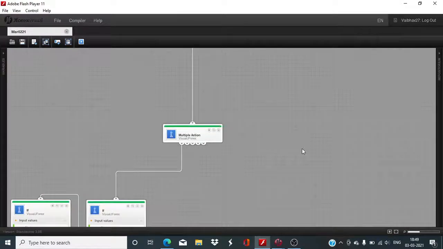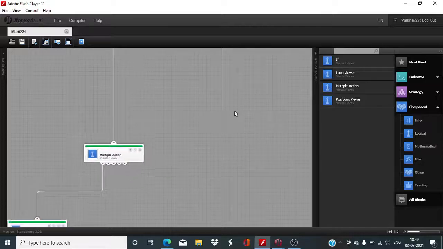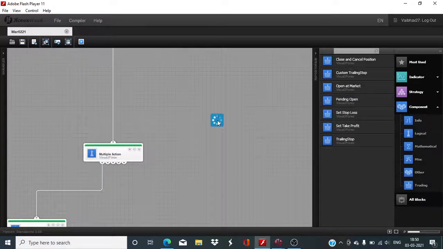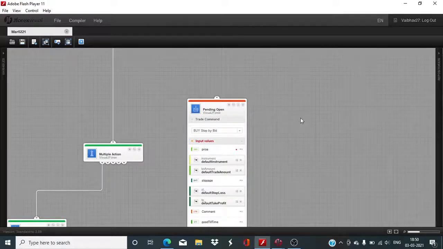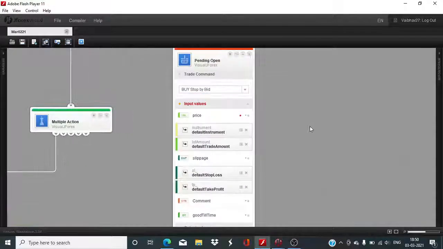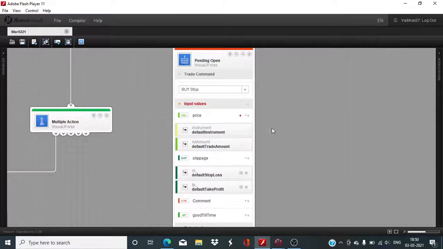So let us bring in the pending open block. Okay, so here we will be using a buy stop order,